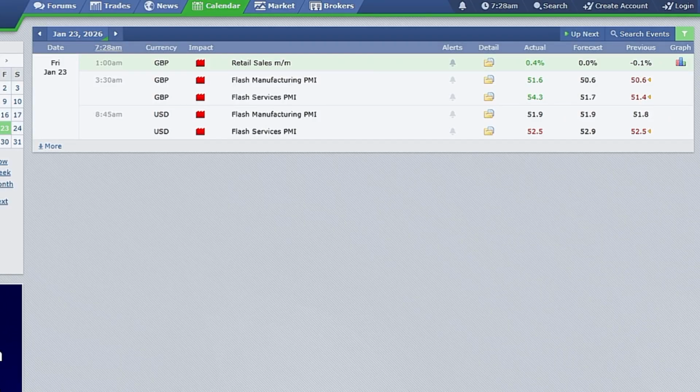Now take for example, if we have a forecast of 52.9%. Forecast is what the system is anticipating the value of the news to be. Now we also have the previous. This previous is telling us the value of the news previously. So with these two values, you should be able to predict what the next value is. Is the news going to shoot beyond the previous value by virtue of your forecast, or is the news going to reduce? And in most cases, a lot of people make this mistake because they tend to pay attention to the actual, saying by means of prediction that the actual is going to be bigger than the forecast